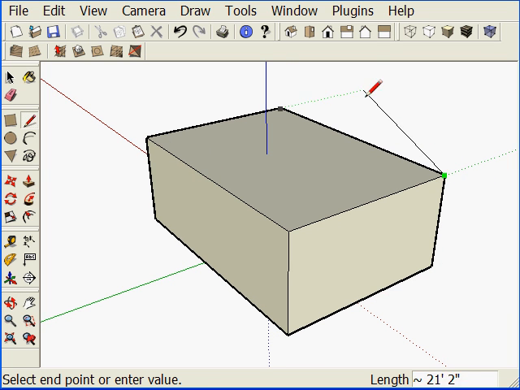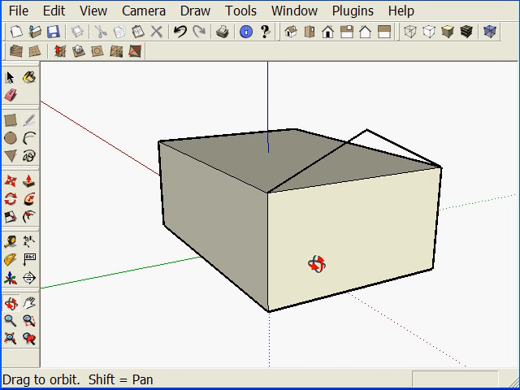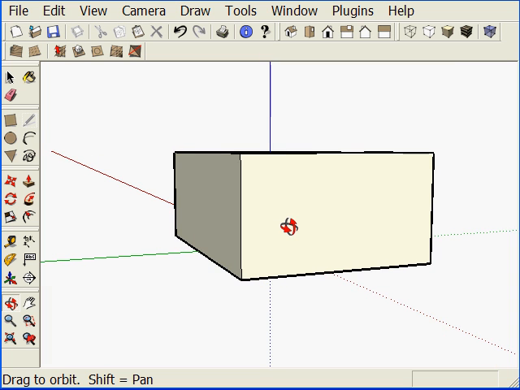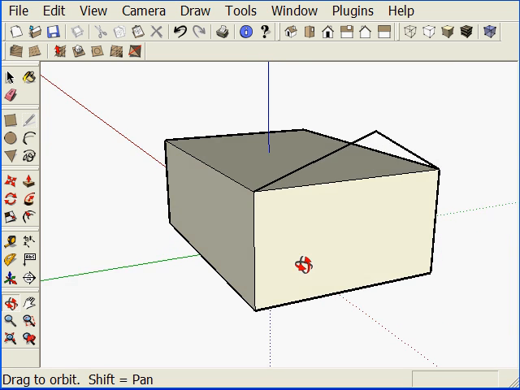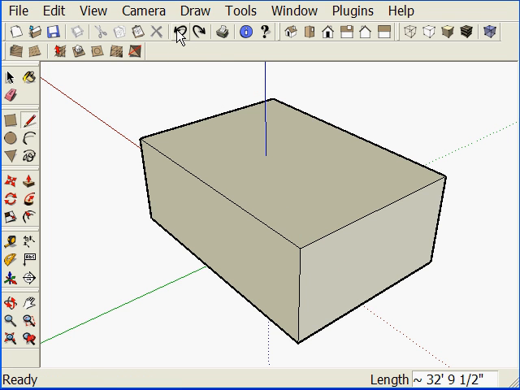So I start drawing. I look over here. I say, yeah, that looks about right. I come down here, and it didn't fill in. Well, the reason is, again, we didn't pay attention to the axis direction. Since it wasn't on an axis, it puts both those edges in the same plane as the original surface I started from. So I'm going to undo 2 steps, grab the pencil tool,